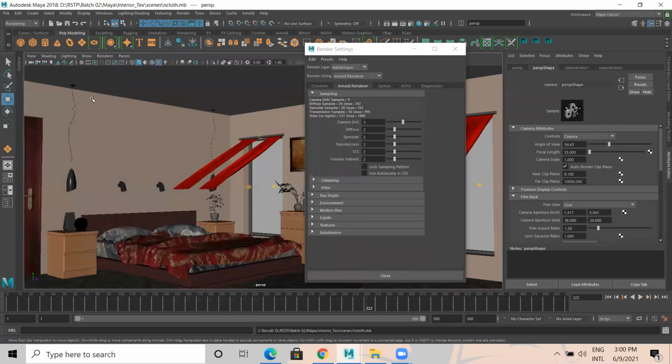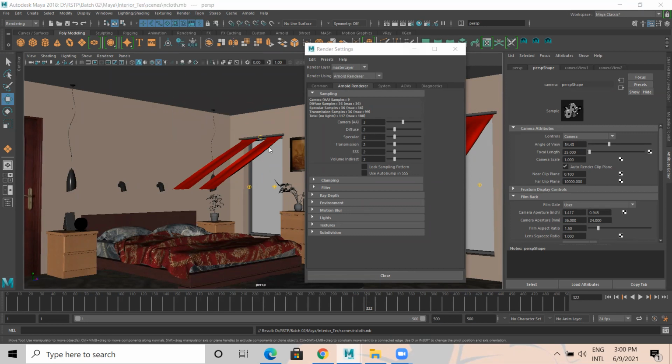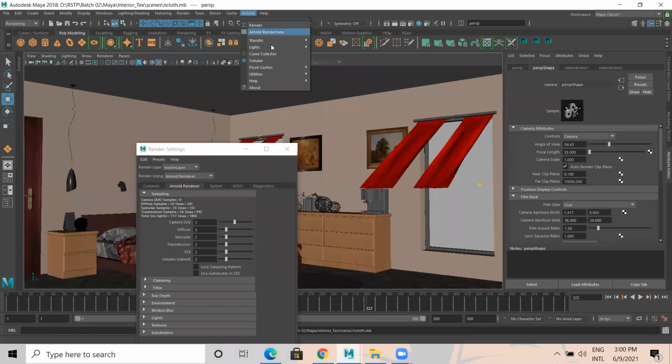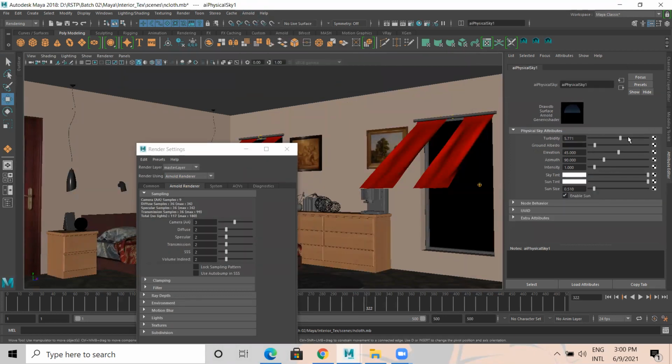Then in this, we have render here. Click on the render. You have to do a batch render. When we do a batch render, the output will be really good. We get a realistic output. So I'll turn on the light. I'll just take a physical sky, and I'm going to increase